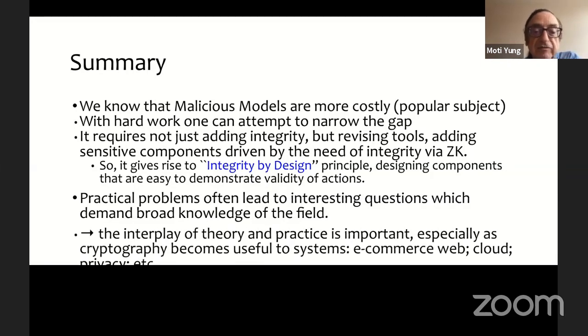And the interplay of theory and practice is important, especially as cryptography becomes useful to systems in our days. And this is why we started all this, and we started the group in Google, because of the requirements of e-commerce on the web, cooperation between different companies, cloud computing, privacy requirements, which are very important, security requirements, and many others, now that the internet is just gaining momentum.